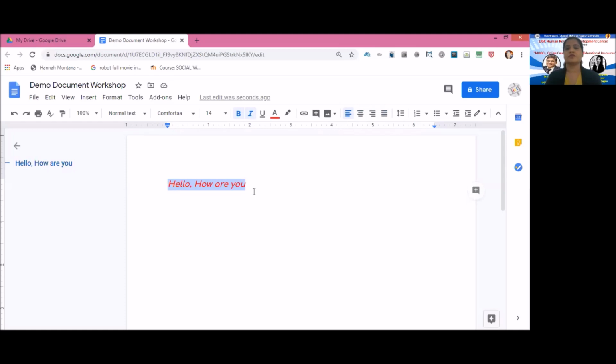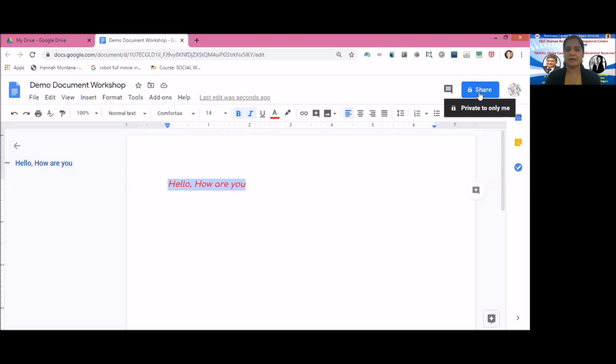But the important feature is you can share this document with any of your faculty members or your fellow colleagues, and at the same time, over the same document, a number of people can work on it and edit it, make changes in it, and we can see at what time which person has gone through this document and what type of changes have been made by which person. So for that, we have to click on the share option.